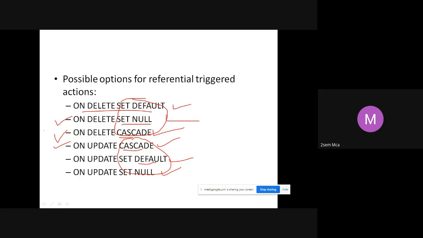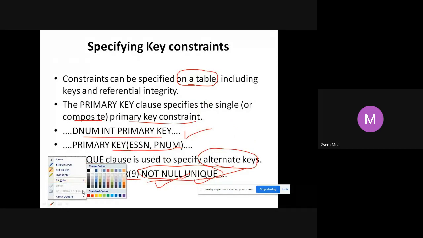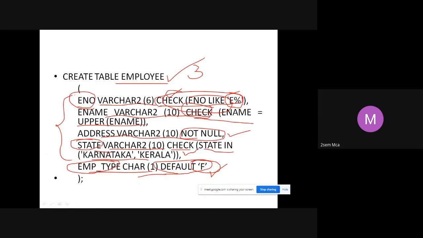We have taken the same example here, if you observe, right? Where is it? Yeah, this one. Here also we are checking that E number should start with E, name should be uppercase, address should be not null, state should be either Karnataka or Kerala, and for employee type a default value we have used.